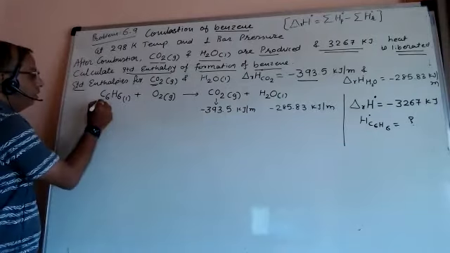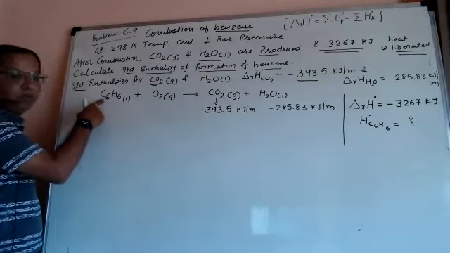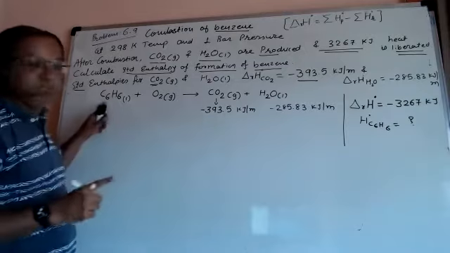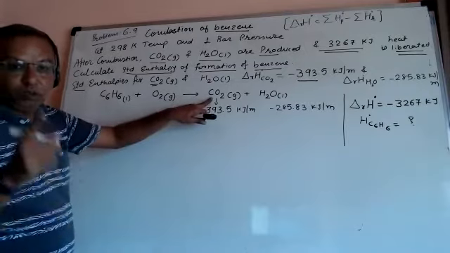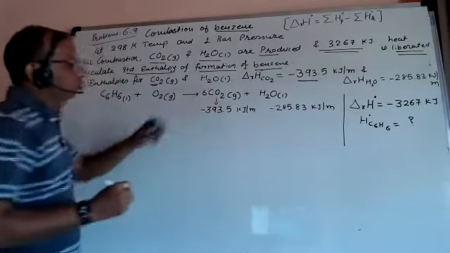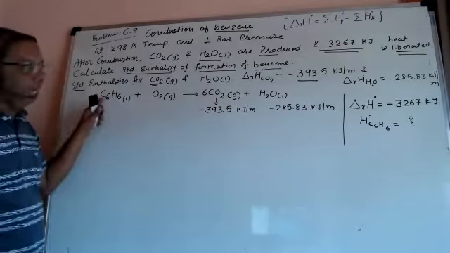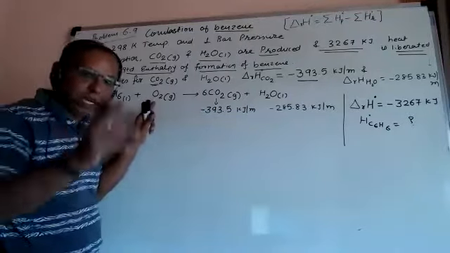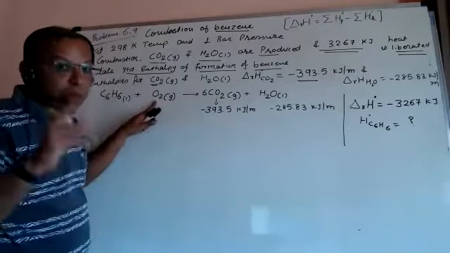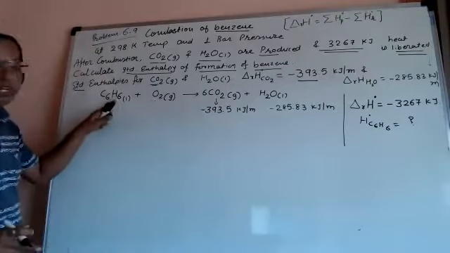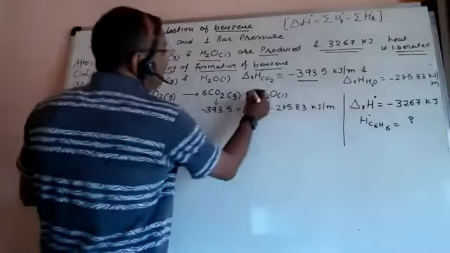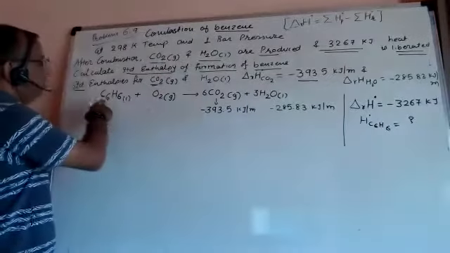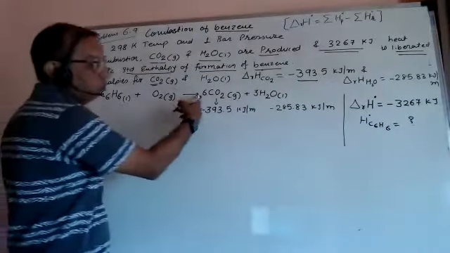You can see this is the C6. So 6 carbons are present on the left side, which is part of benzene. So we must not decrease this. Instead of it, we have to put here 6. So 6 carbons balanced. As you know, by the law of balancing, the lone element is to be balanced at last, and that's why we will balance oxygen at last. Hydrogens, you can see here 6, here it is 2. So we must multiply it by 3 to make it 6. So this is C6H6 plus O2 gives 6 CO2, 3 H2O.